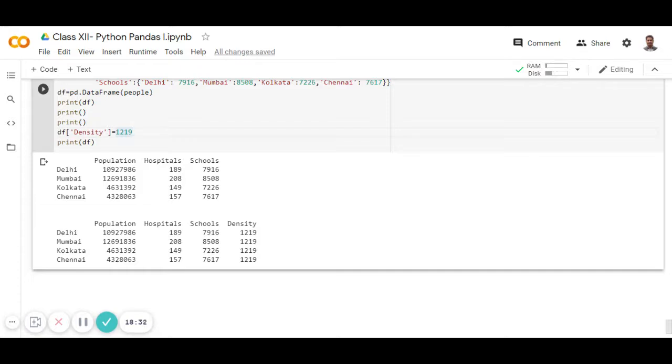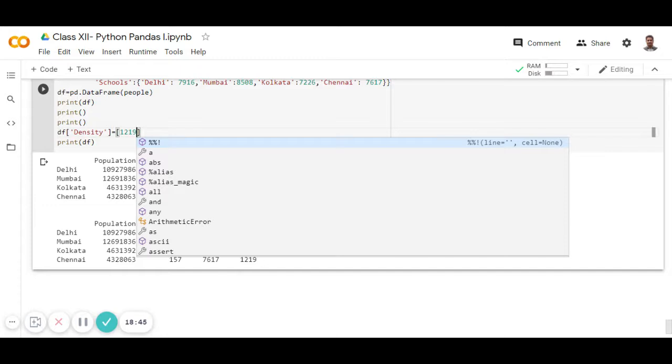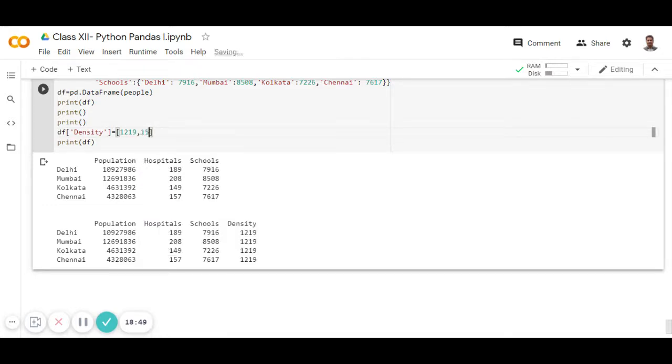You can also change these values by giving multiple values, whatever you want. If you want different values for each and every row, give 1219 comma 1500 comma, comma, 1234.